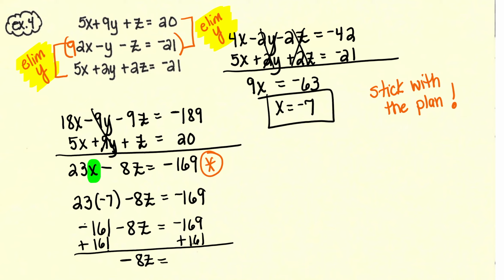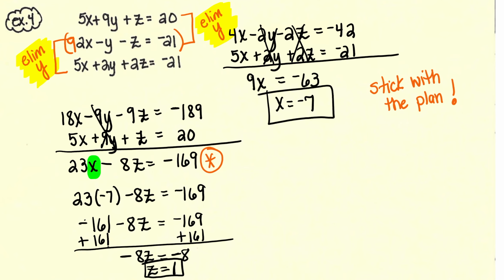Keep those faces with those bodies. Then negative 169 plus 161 is negative 8. Divide by a negative 8, and z is positive 1. Now that you've got two answers, you're going to take these two answers and go plug them into one of